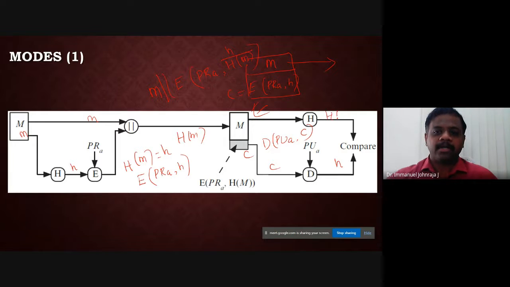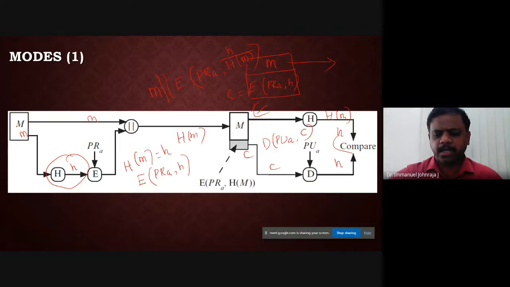Parallelly, he also calculates h of m, which is what is happening here. The same thing he is doing, and then h is obtained. Then you compare these two. If these two are the same, then you are going to say that the actual intended sender has sent it, or in other words, you are able to authenticate the user here. Is that okay? All right, so this is what is happening in the case of the digital signature, one of the